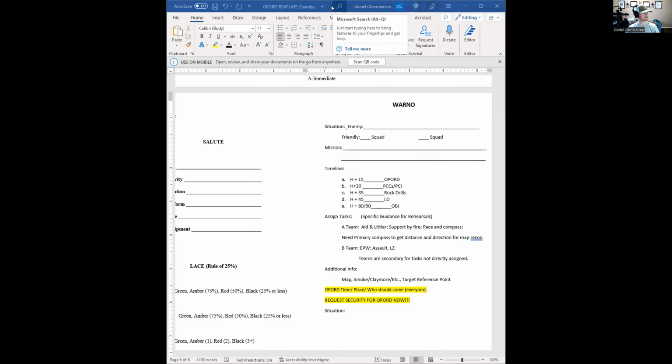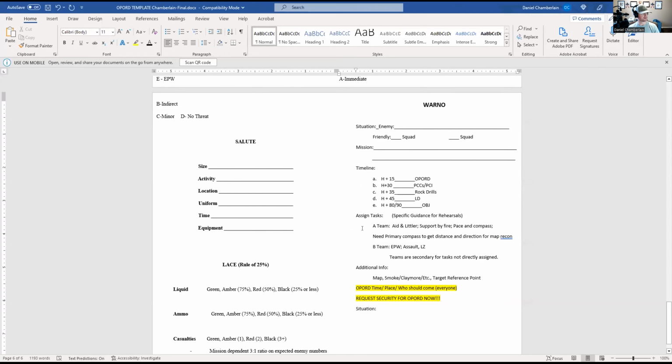All right, so let's just jump right in. I'm going to share screen here, and we are going to check out the WARNO first. Let me make this big. All right, so if you see right here on the screen, you should be seeing it. I believe you are. The WARNO. First of all, I'll just show you this whole thing.